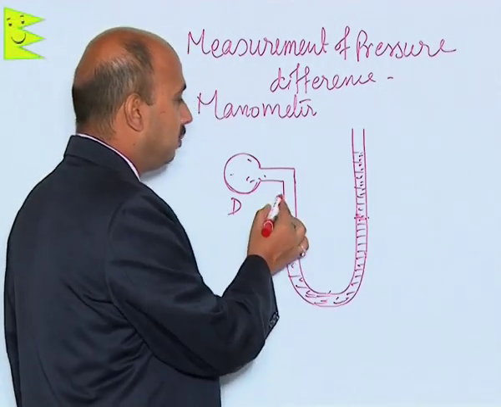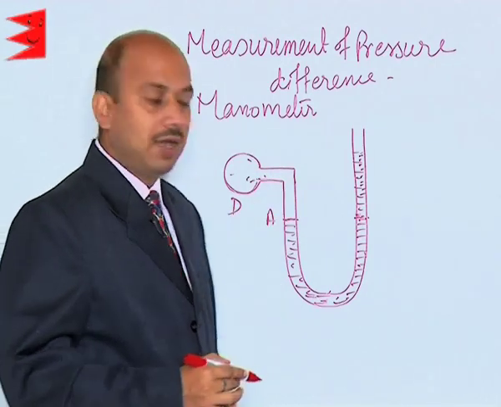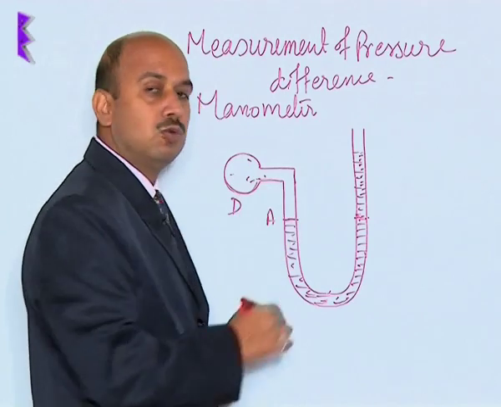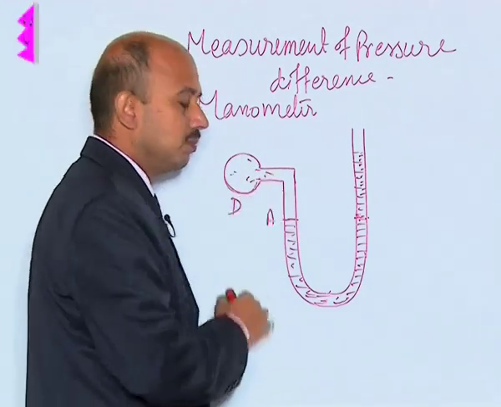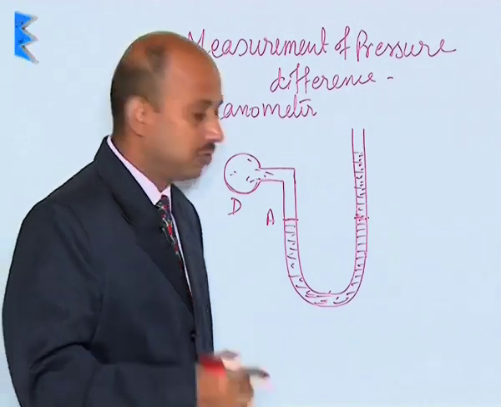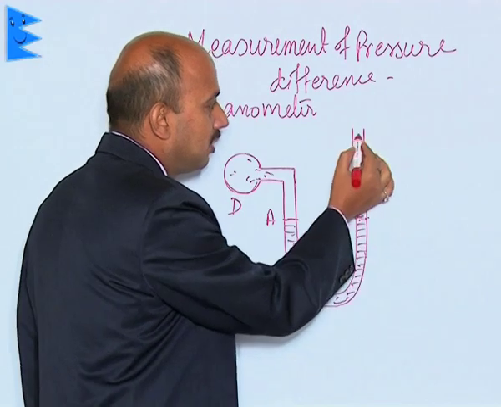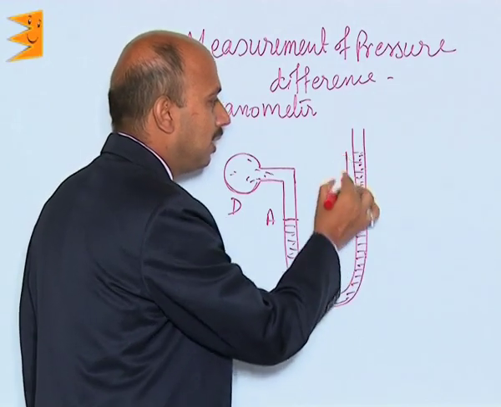Now, one end of this U tube is connected to this chamber, that is D, and the air is filled here whose pressure difference has to be measured. Suppose the pressure of the air is greater than the atmospheric pressure, then the liquid will rise in this tube. Suppose the liquid rises by a height h,